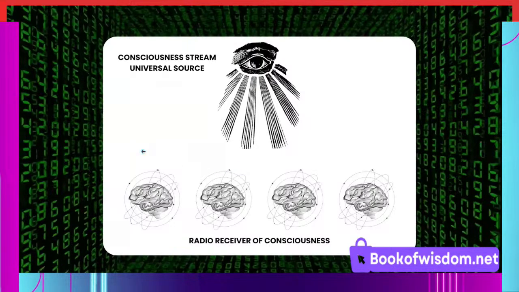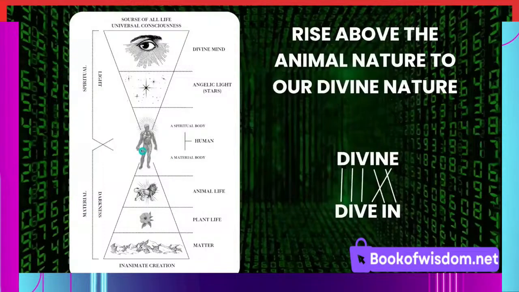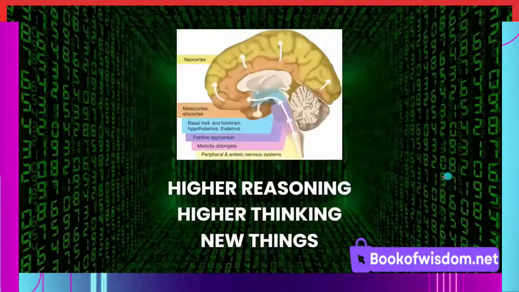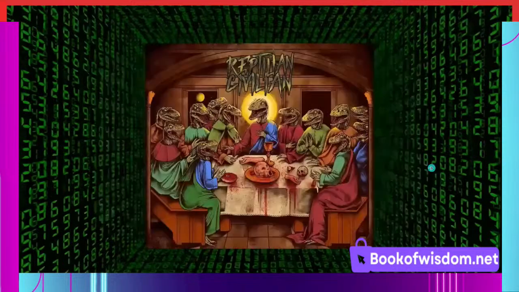However, consciousness is controlling this physical body. And I'll show you this diagram here. Consciousness consists of imagination, emotions, thought, and memory. All of these things are not physical. They're not made out of atoms. You cannot think with atoms. If I split open your brain while you are thinking of a cheesecake, I would not see a cheesecake. It's because these things exist metaphysically within consciousness. They are not physical. The body is physical. It's part of matter. It's part of time.